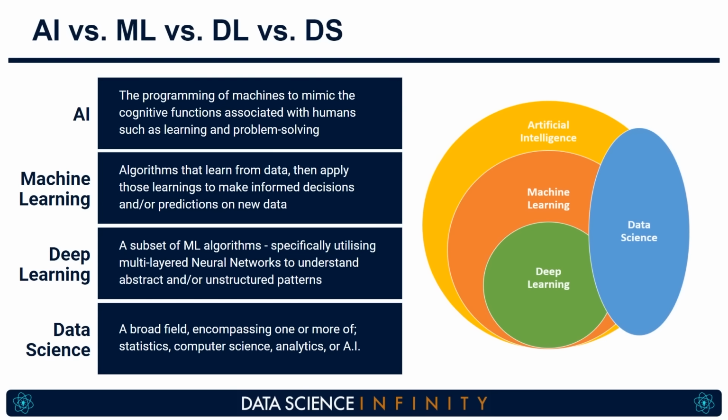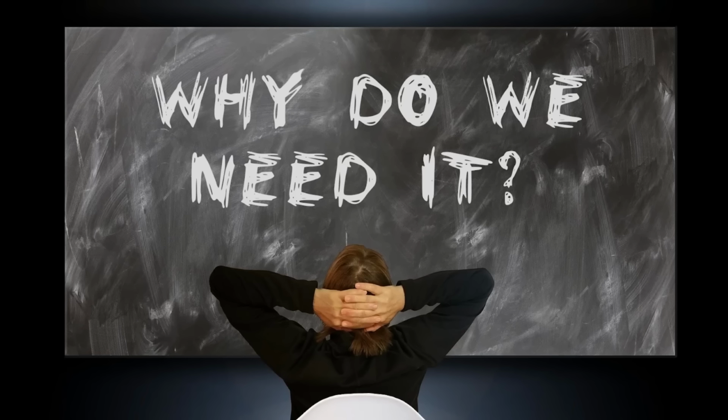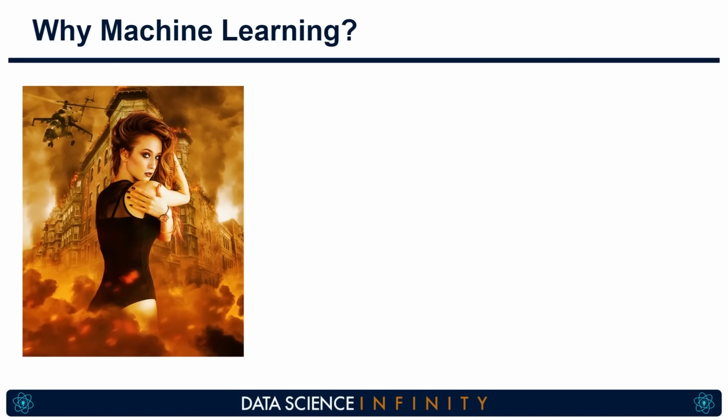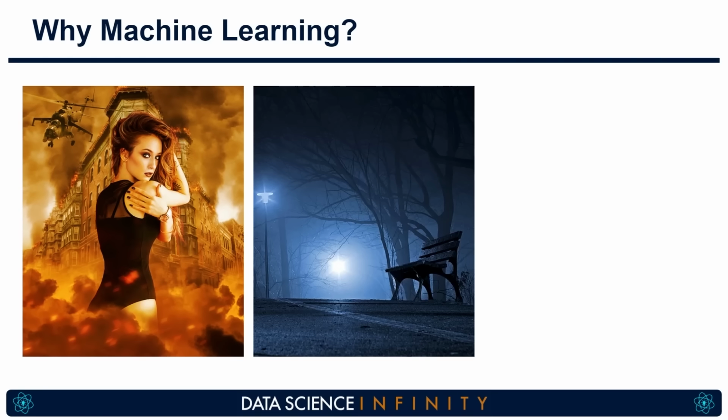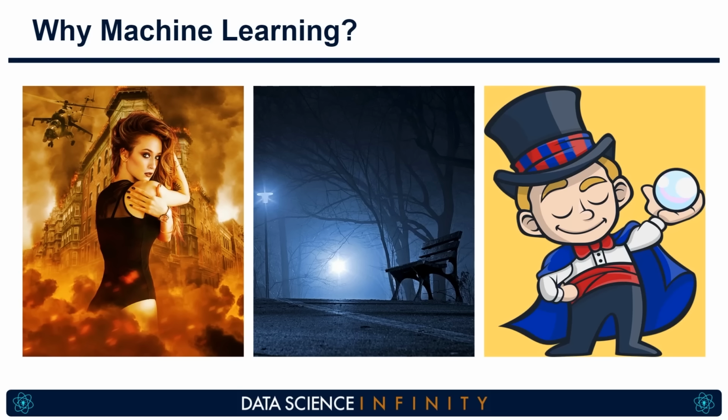So now we've learned about where machine learning fits into the bigger picture, I guess the next question is, why do we need it? Well, let's for a minute imagine that we are head of marketing at an online movie and TV streaming company, a competitor to the likes of Netflix, Disney Plus, and Prime Video. We have several new movies coming out next month. We have this action movie with the kick-ass female lead. We have this horror movie about empty park benches apparently, and we have this kids movie about a child magician.